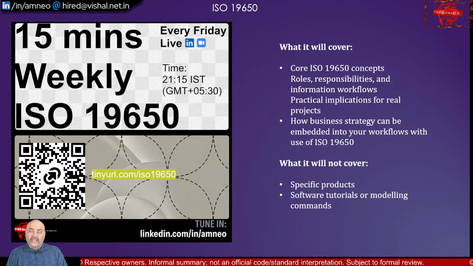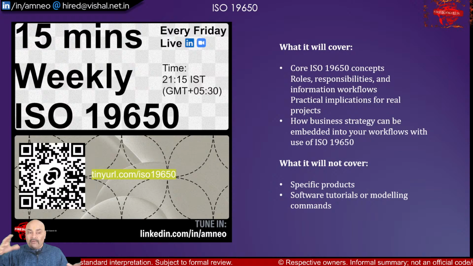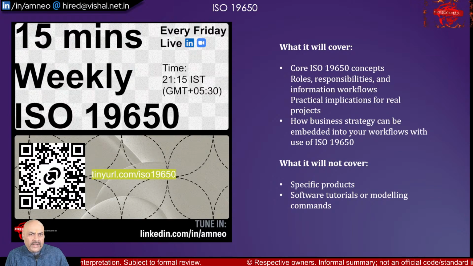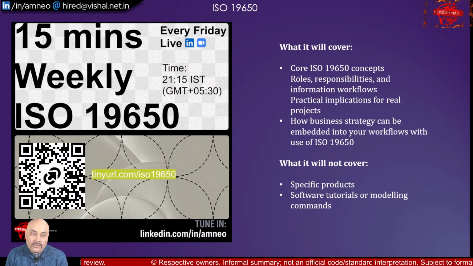Now let's remind ourselves again: standards are standards; they are not rule books. Which means if ISO 19650 says something, and for your company something else works, which is very near to what ISO 19650 says, go for it. Do it. At the end of the day, you should be able to achieve what you want to do.